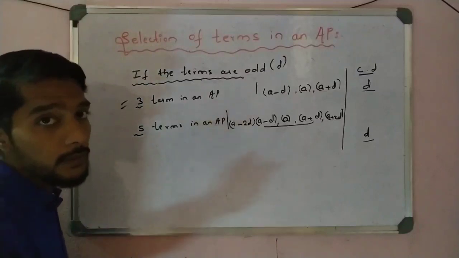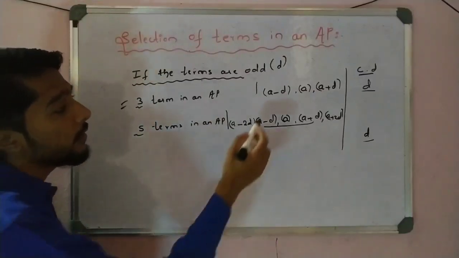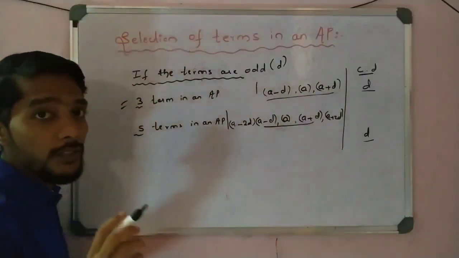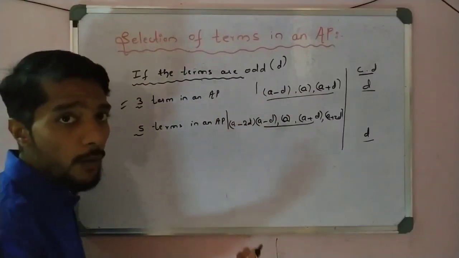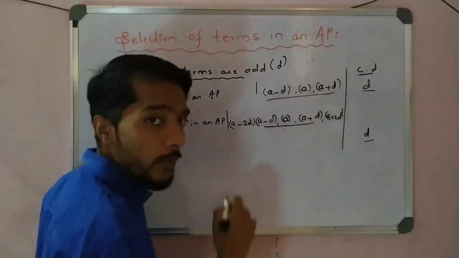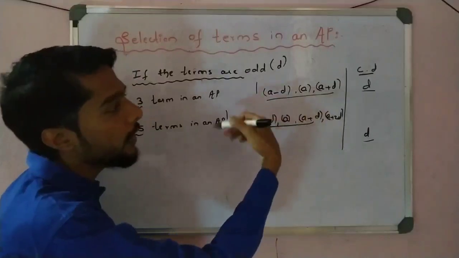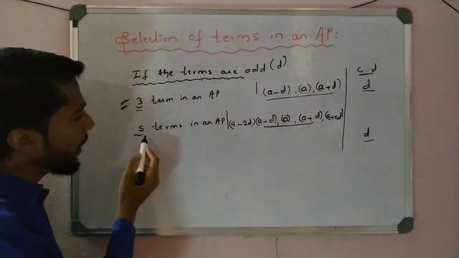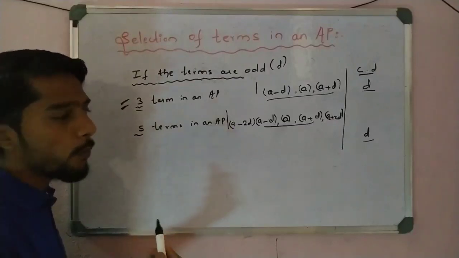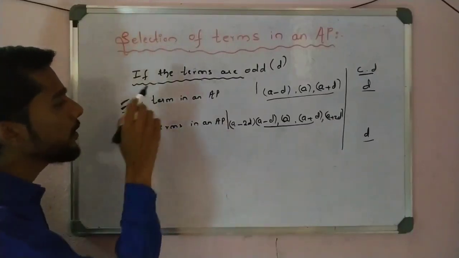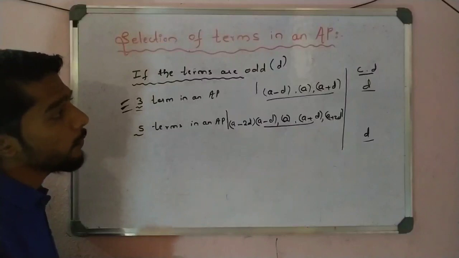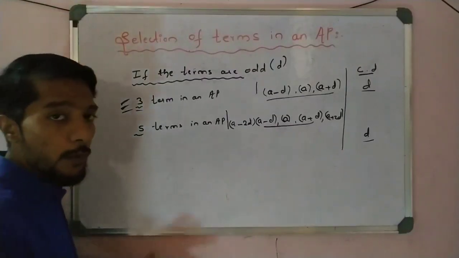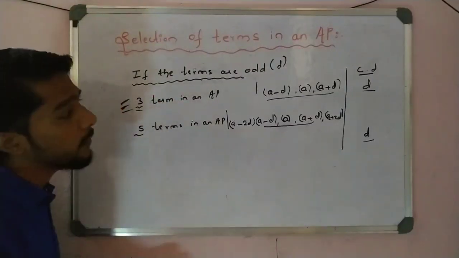There is a 90+% chance they ask about the third term. Later on, when we solve the problems, we will get an idea of how to select this one and why we select this one. That is very important. Most of the problems are on 3 terms. With 5 terms there are not many problems, but with 3 terms there are more problems. Okay, so I can remove this one. Please pause the video and note down these terms.